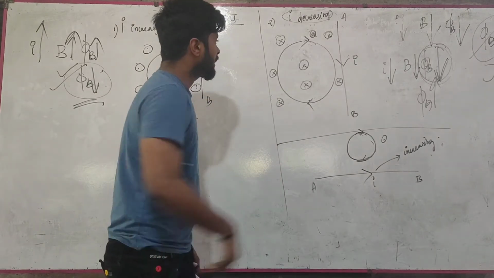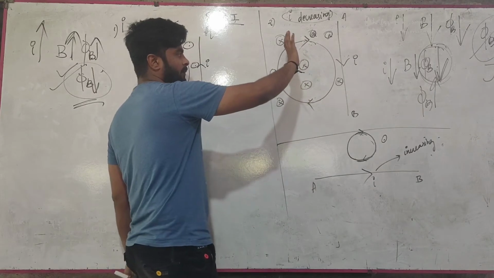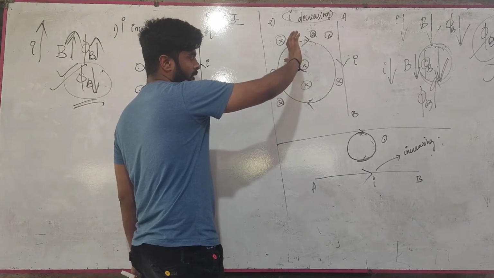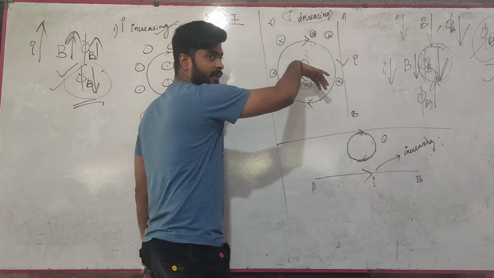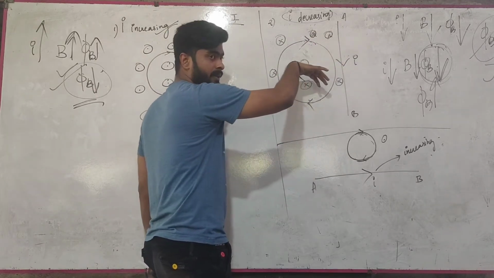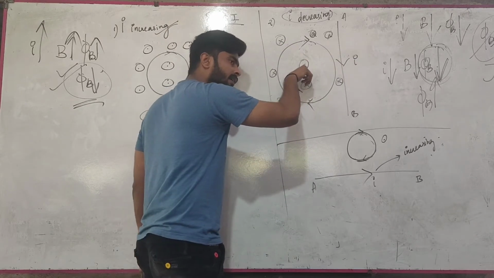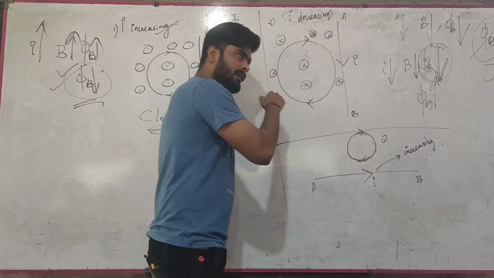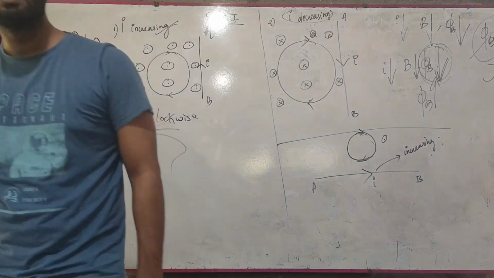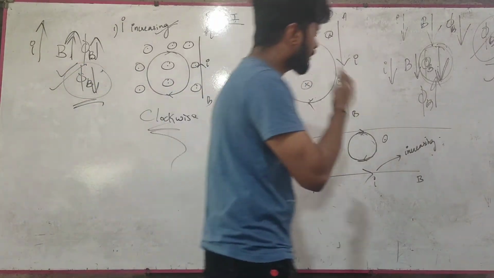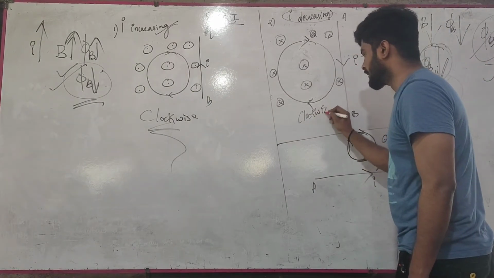Now, if it was clockwise direction, the right hand thumb rule has to be applied on the coil. So, curled fingers in the direction of induced EMF or induced current, the thumb is going inside. Right? So, the magnetic field due to the induced EMF or induced current is going inside. The original magnetic field was inside. The magnetic field due to induced EMF or induced current is also inside. So, the net magnetic field will increase. So, the net magnetic flux will increase. So, the direction is clockwise in this coil.